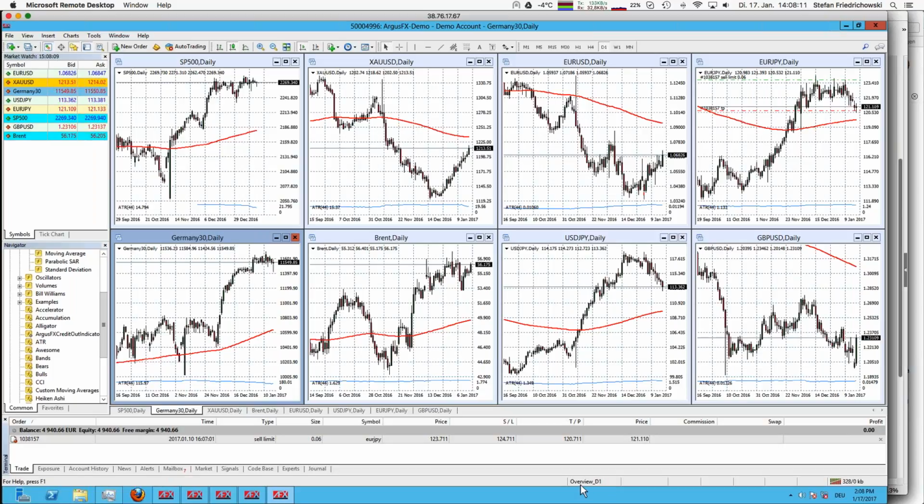So we have that overview based on D1 values, so daily prices. And that is simply to have an overall picture of the market. So briefly looking at that kind of picture, we can clearly identify we have upwards trends in the indices. We see that the oil price goes up as well. Gold is a little bit different. We have a recovery here during the last couple of days and maybe 2 or 3 weeks.